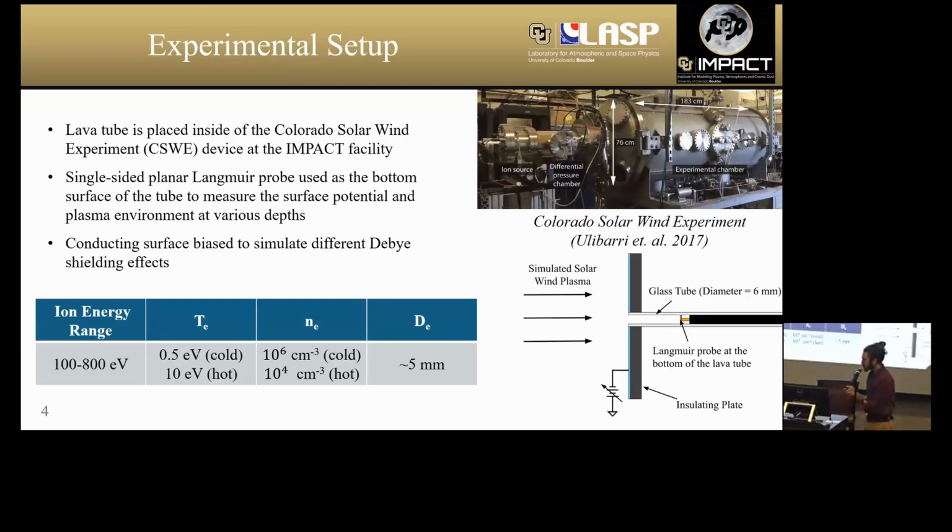And so I began my laboratory experiment by placing an idealized model of a lava tube inside of Impact's Colorado Solar Wind experiment here at the top. And so to explain the setup here a little more,